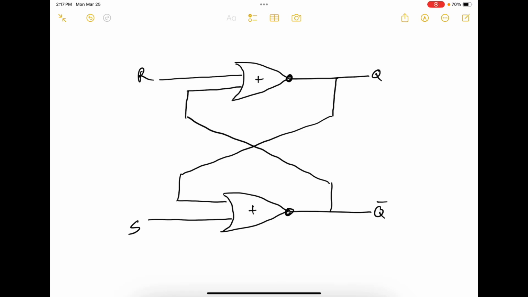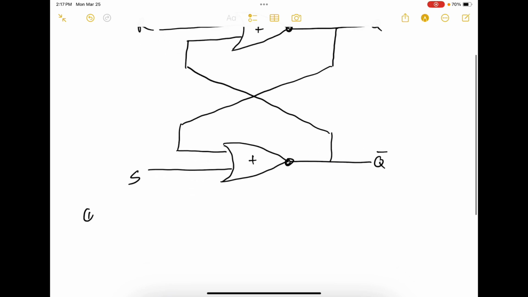Let's see how the SR latch works and how we are able to store logic 0 or logic 1 using an SR latch. Now the first step is at power up. So what happens when you power the circuit? When you power the circuit, I'm just going to say S is 0, R is 0,